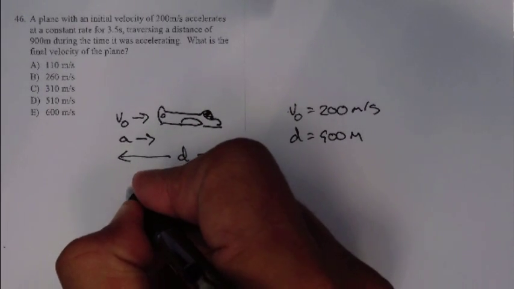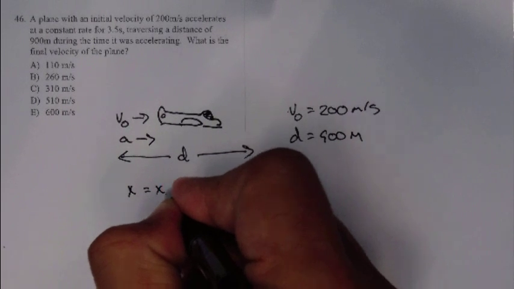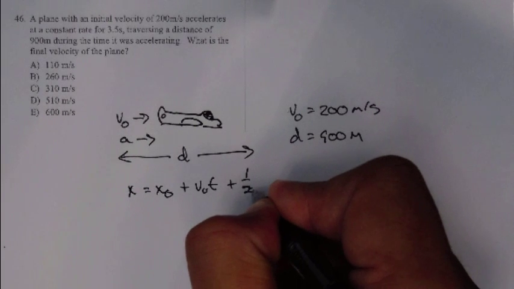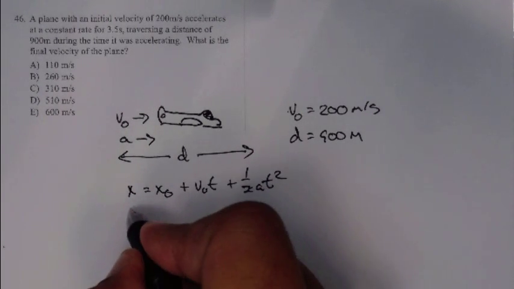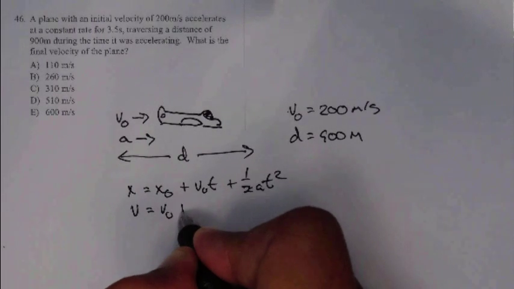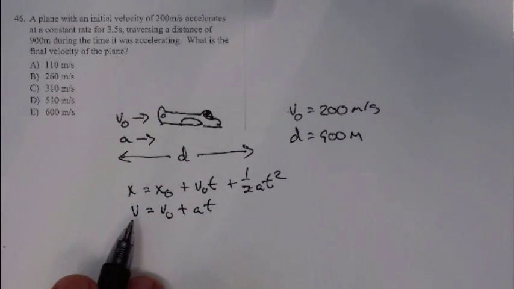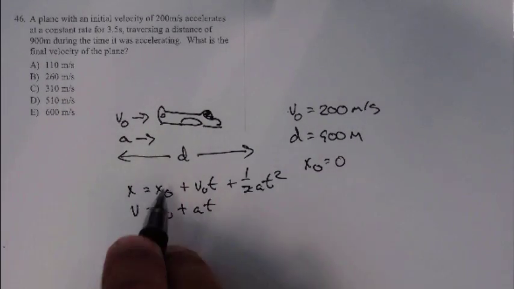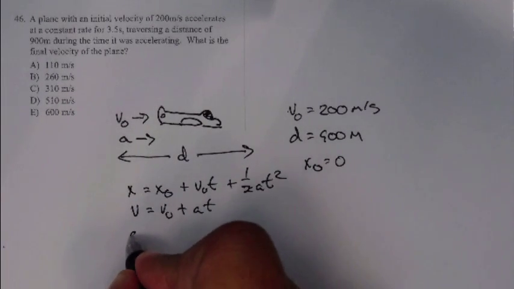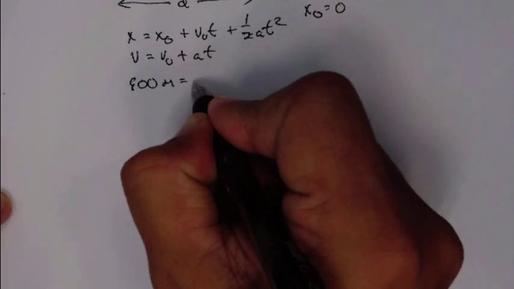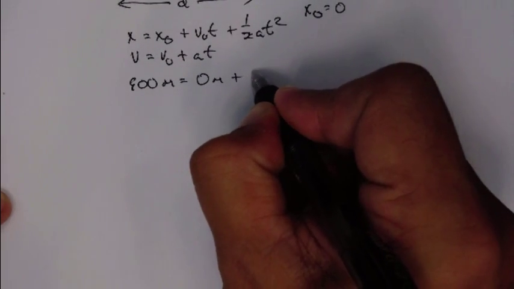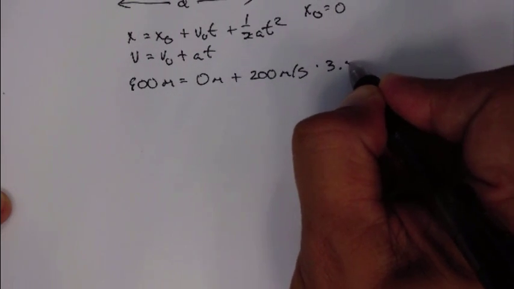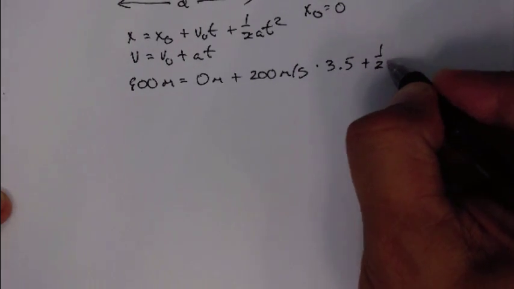The two equations we know are that x is equal to x naught plus v naught t plus 1/2 at squared, and v equals v naught plus at. Now if we assume that x naught is equal to 0, when we fill this first equation out, we get that 900 meters is equal to 0 meters plus 200 meters per second times 3.5 seconds plus 1/2 a,